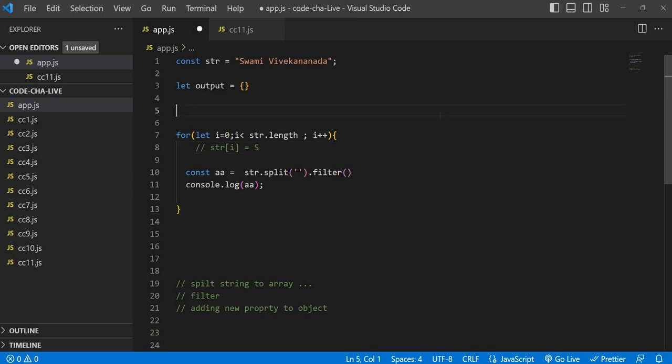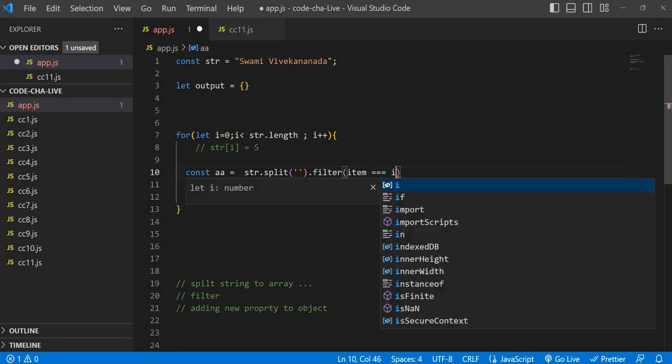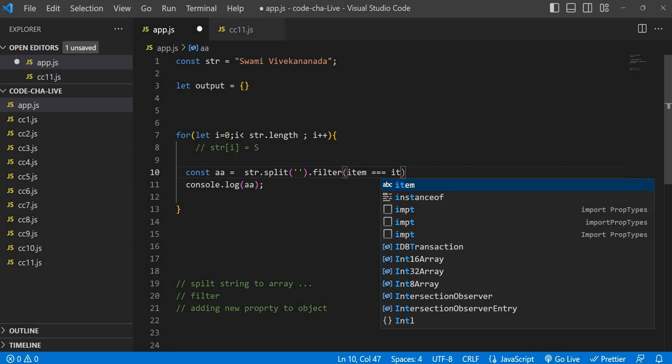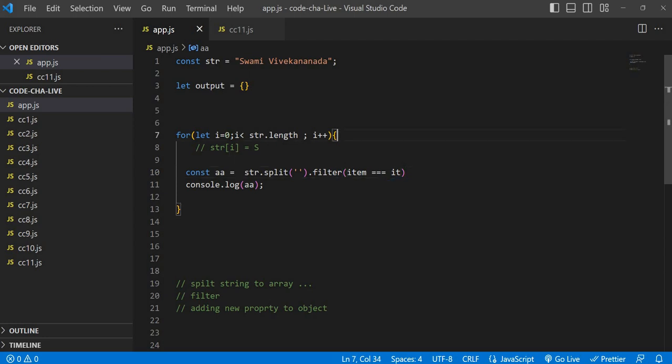Now we need to check how many times this s has repeated in this string. So here I'm doing item triple equal to, for each and every item we are checking whether it is equal to